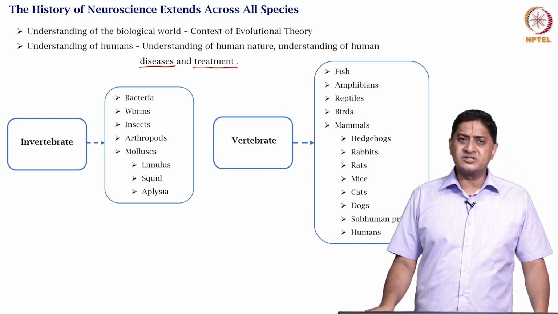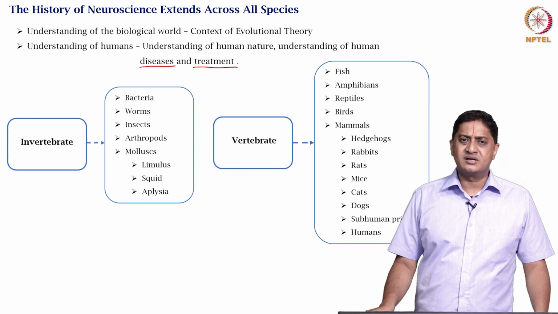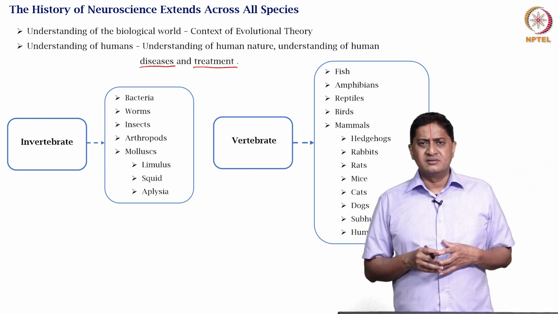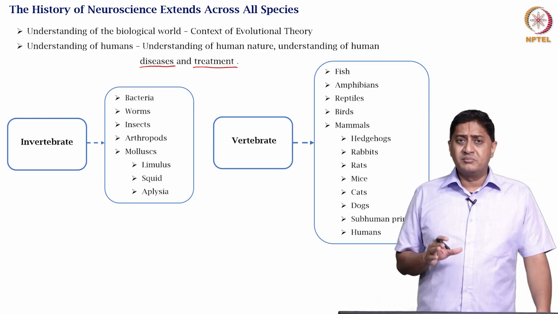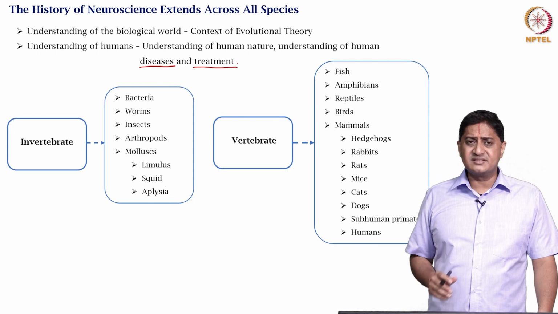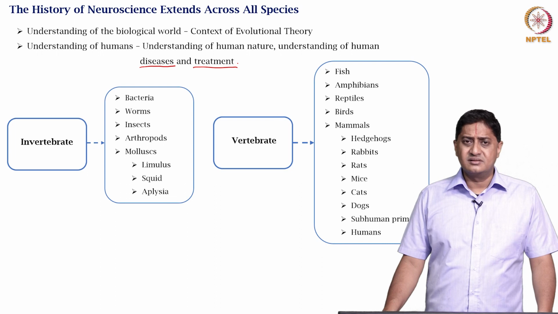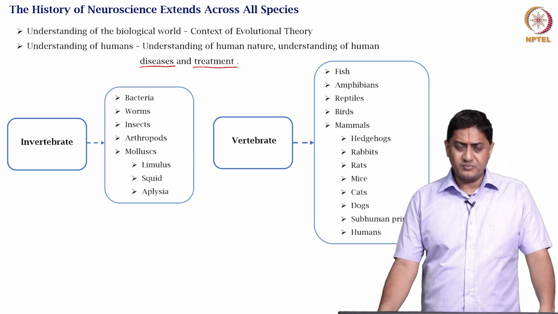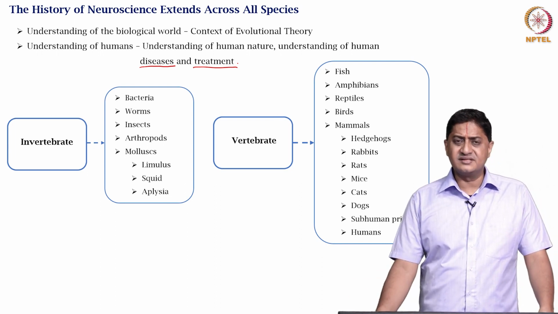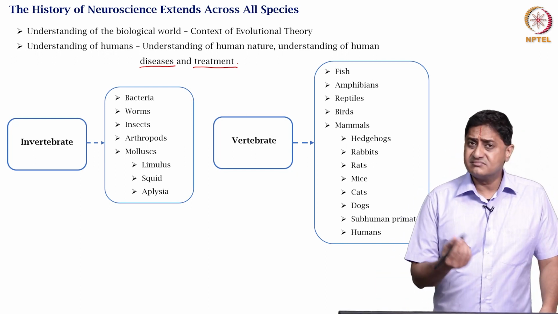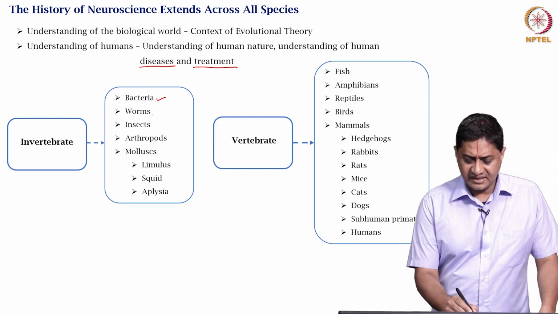But we are also interested more urgently in understanding the reasons why some specific diseases develop and how to go about treating them. So, these are all the reasons why we are interested in studying neuroscience in general, but studying them across species gives us an opportunity to improve our understanding in the context of evolutionary theory. So, this is the reason why the field of neuroscience extends across species, even species such as bacteria and worms,